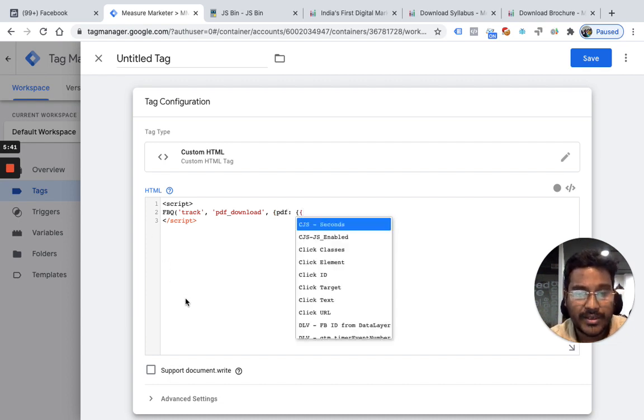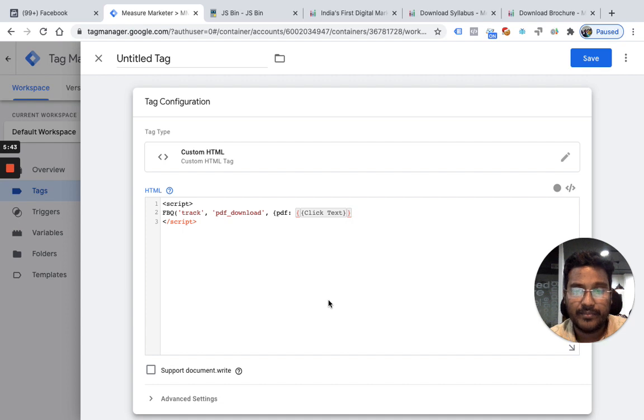I want to see it here: click text. I also want to know on which page they downloaded this, so I'll add the page path. So these are the variables. I close it.